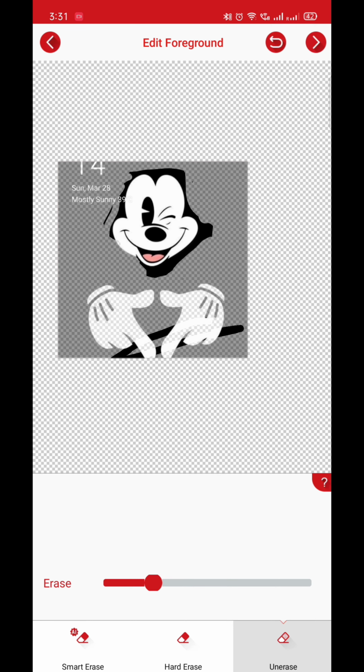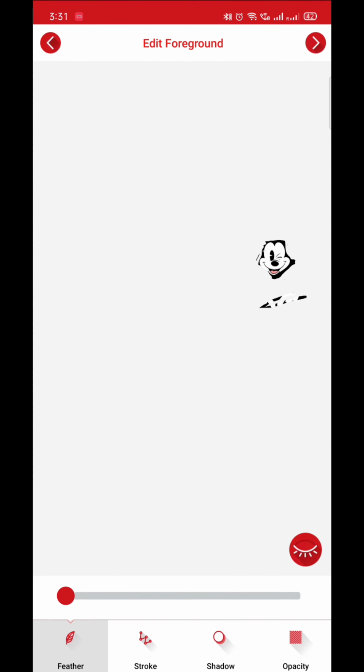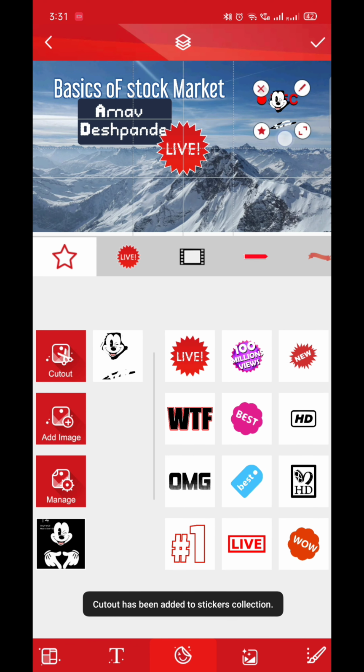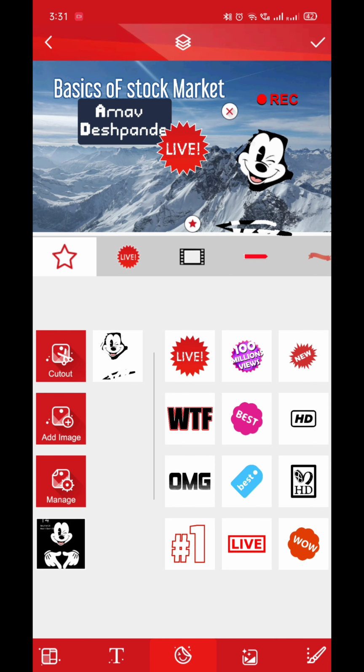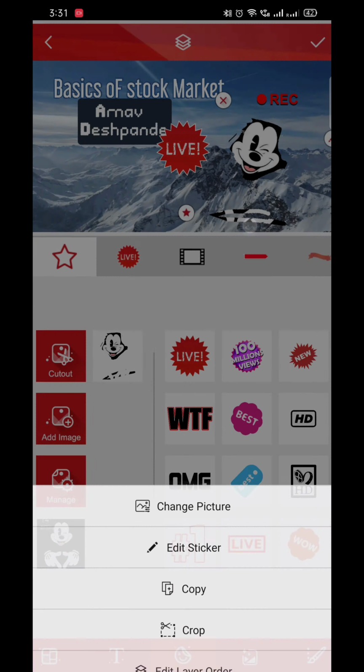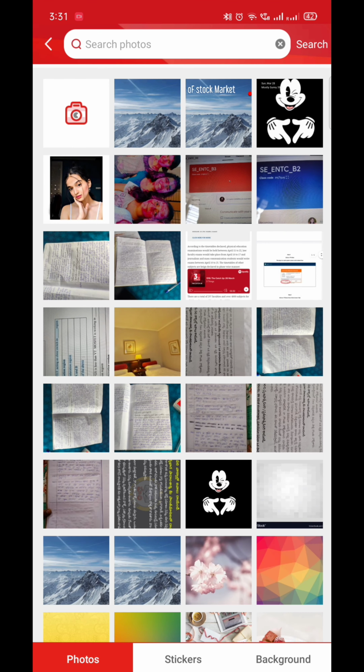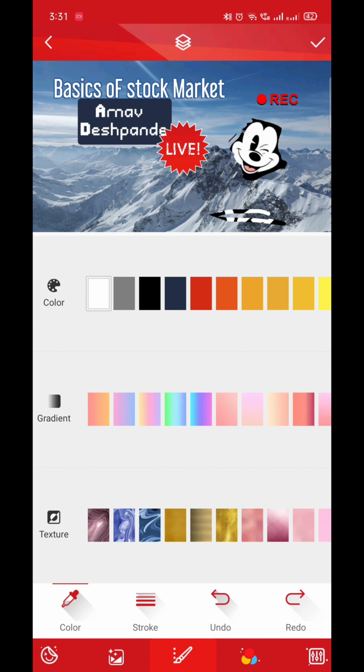So this got unerased, and now I will add the sticker. So this has taken this form, and if you want to ignore this setting, you can ignore it. And this is the sticker which I am adding here. And this is the same as adding an image. And even there is one more setting of painting something like this, or just like this.